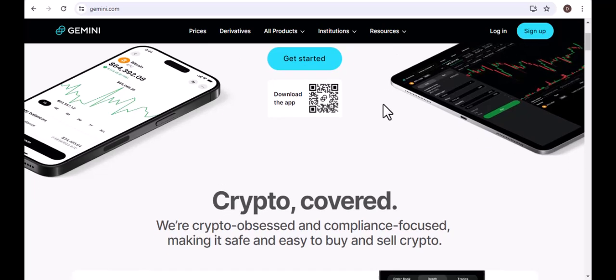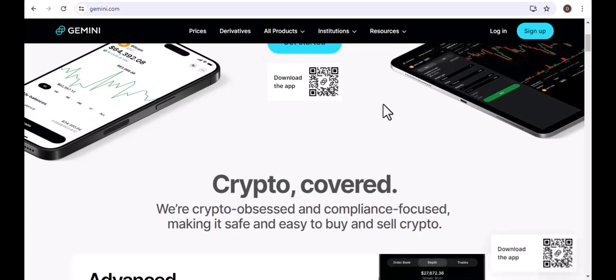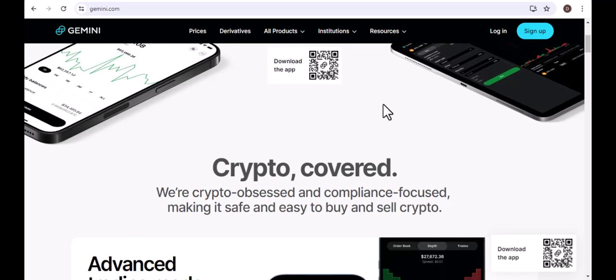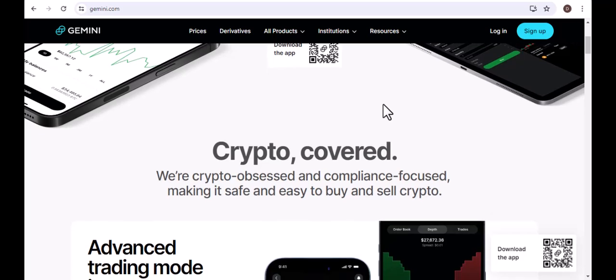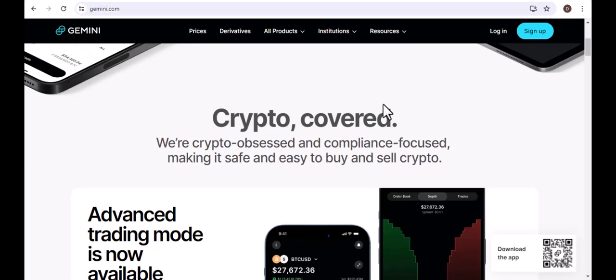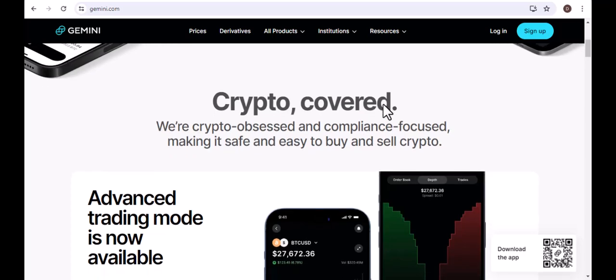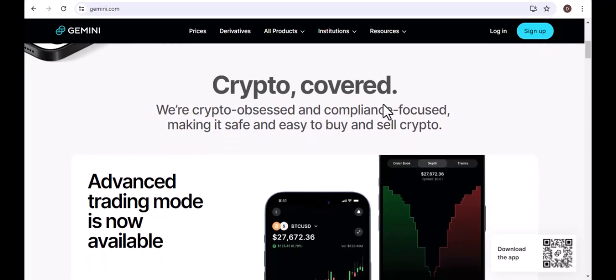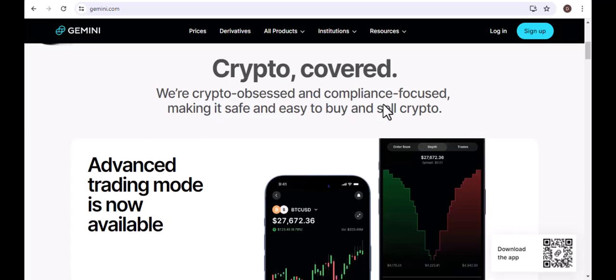Well, you're not alone. Many crypto enthusiasts, from beginners taking their first steps to seasoned traders looking for an edge, often feel overwhelmed by the sheer volume of data and the speed at which the market moves. Traditional crypto interfaces can feel clunky, offering limited tools and basic order types. You might find yourself missing out on opportunities, struggling to understand market depth, or feeling like you're constantly a step